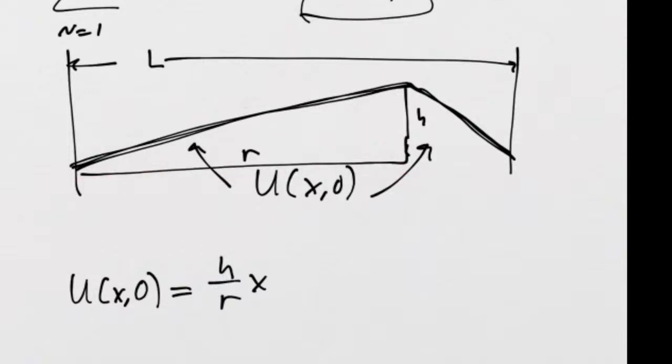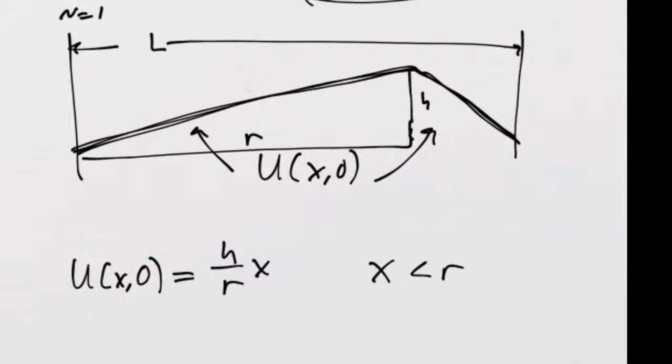So as long as x is less than r, right? When x is in this final regime from r to capital L. See, that would have been from L to L if I had chosen r to be L. So that's no good. So when it goes into this last regime, when x is greater than r, the function suddenly changes. And when x is greater than r, we get